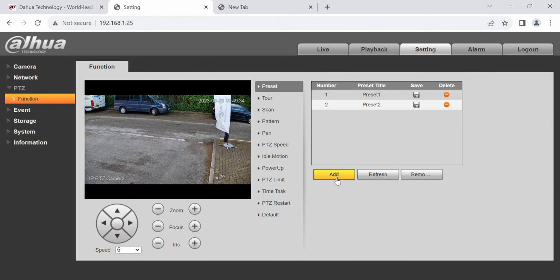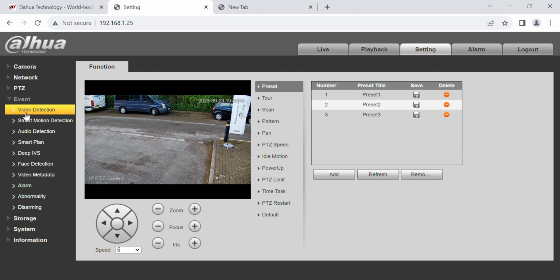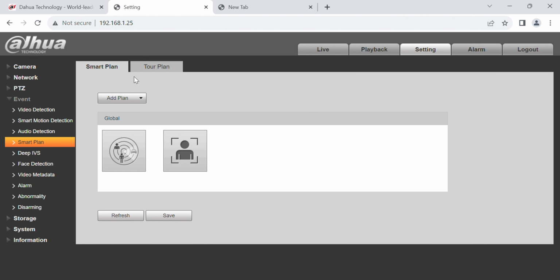Right, that's the third preset. Now we save everything and go to event, and from smart plan, first on a smart plan, and you choose the